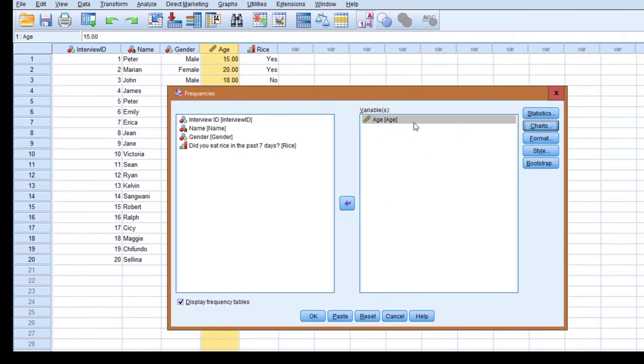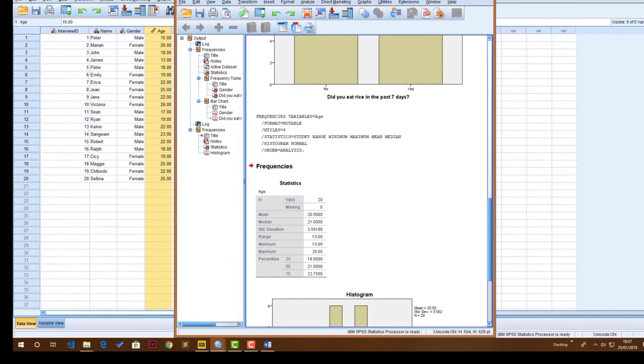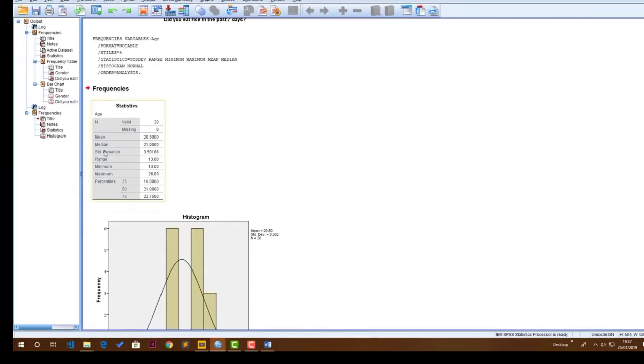The next thing that you should not forget is to turn off display frequency tables, because again, you have too many different values for this variable. So the table, which shows all the values and how many people there are on each of the values, is not going to work very well. So turn this off, and you click OK, and now you will see that we have a table of statistics,